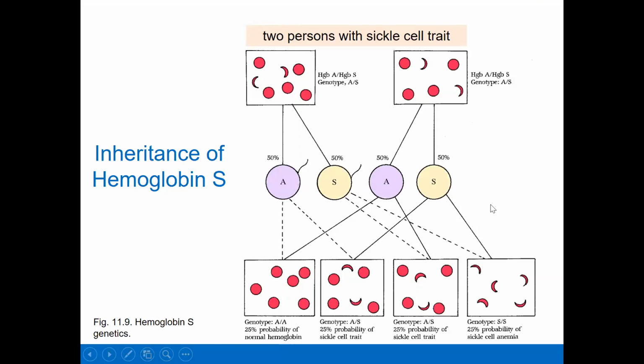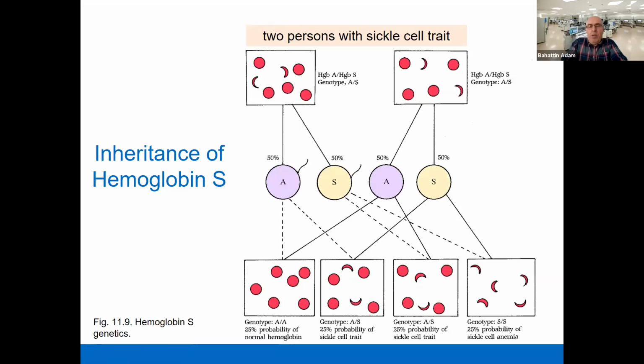Now, as I ask you, what happens if two people with sickle cell trait get married? Do you know what trait means? A carrier, okay? A carrier of an abnormal allele that's carried by the person. If two people with sickle cell trait get married, first they have to produce